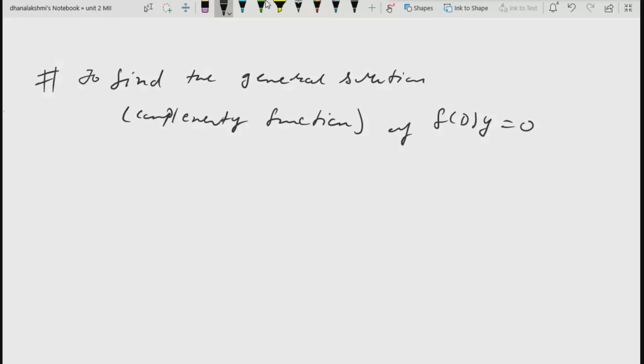One more thing you remember, if q(x) is 0, then the complementary function itself is the general solution. That means in the above definition,